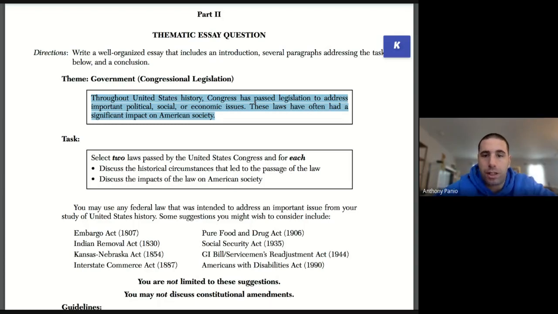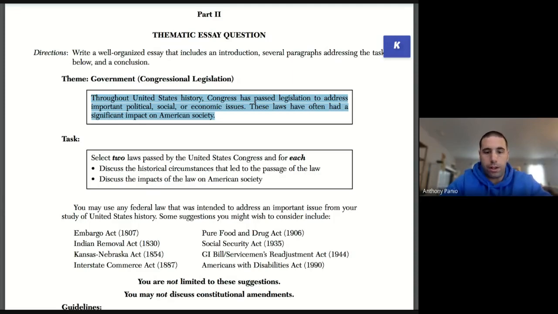It says to select 2 laws passed by the United States Congress, which they give you about 8 choices. Now, I know you don't know probably half of them here, and that's fine. I'm just giving you an example, right? We went over the Embargo Act, the Indian Removal Act, the Kansas-Nebraska Act. So you're going to choose 2 of these 8, all right? How or why laws were created. Yeah, essentially, right? Essentially, you're going to tell me the historical circumstances